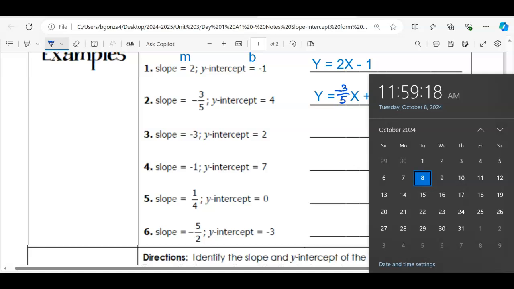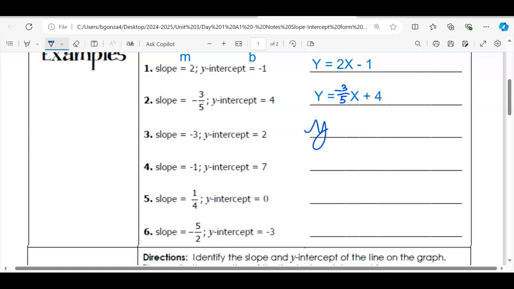All right. Did you write y = -3x + 2? Slope goes here, y-intercept goes here. That's it, right? What about the next one? Now look, this is weird. Look, y equals,